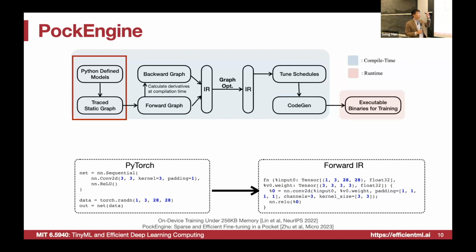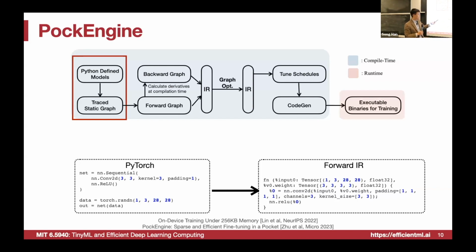So this is the overview of the PockEngine. It has many steps at compile time versus very thin executable at runtime. Another advantage of this compilation-based approach is that we can eliminate all the redundant code and make the executable binary pretty compact. So starting with the front end, start with a